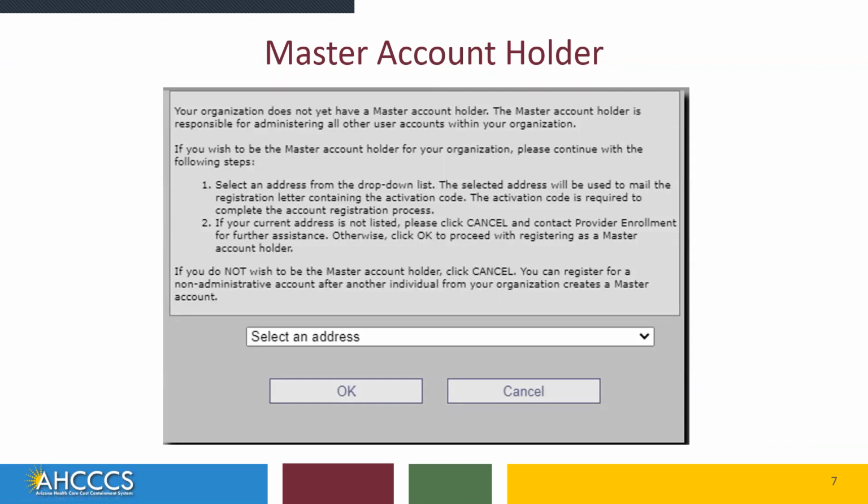So when you are going through your registration process for access to the AHCCCS Online Provider Portal, if you receive this pop-up box, it will say your organization does not yet have a Master Account Holder. The Master Account Holder is responsible for administrating all other user accounts within your organization. If that's supposed to be you, go to Select an Address, choose the appropriate address from the drop-down box, and click OK. If you're not sure, click on Cancel and check with your agency's leadership to find out who